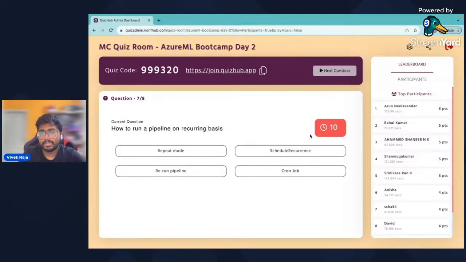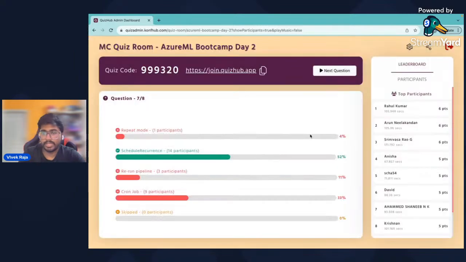So Arun is topping the leaderboard right now, but let's see how it turns out to be. And Anisha dropped to sixth. Anisha, keep up and try to bring it to the top four. Yep, amazing. So Rahul, Arun Neelakandan, and Srinivas are fighting for the top three. I'm still amazed with how Srinivas is able to keep up because he joined a little bit late, but he has domain knowledge, I guess.